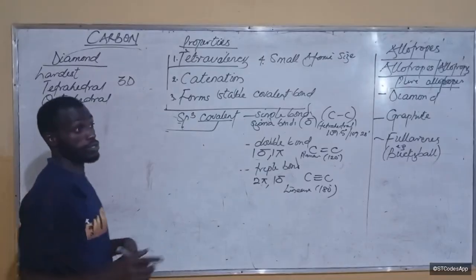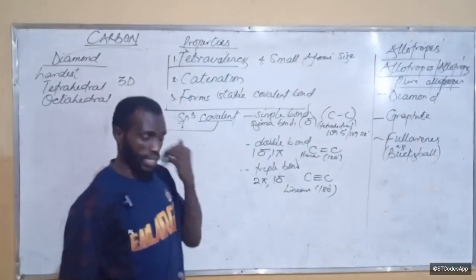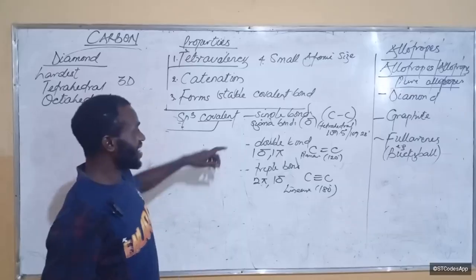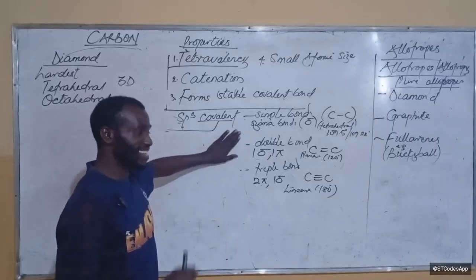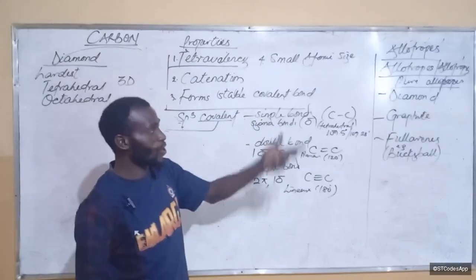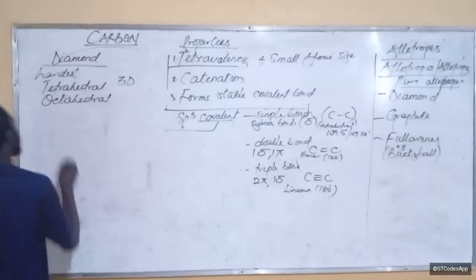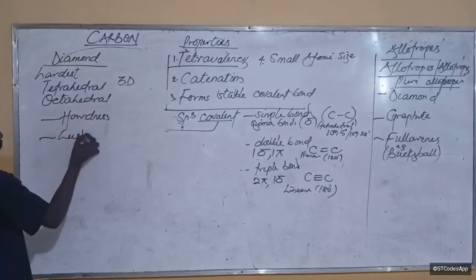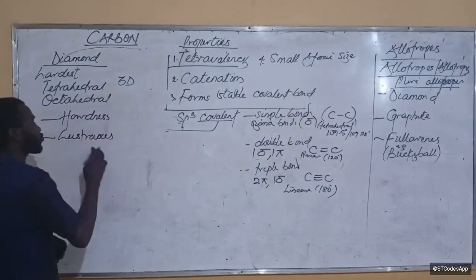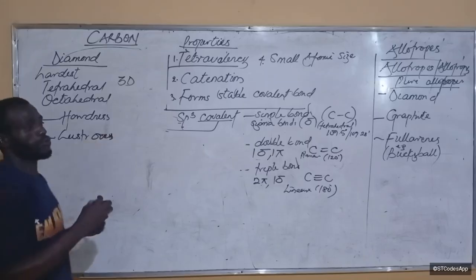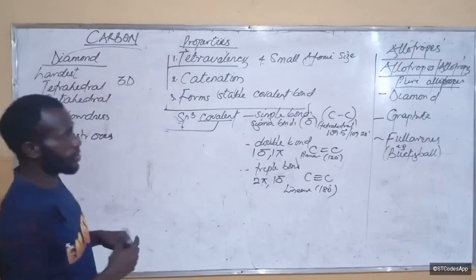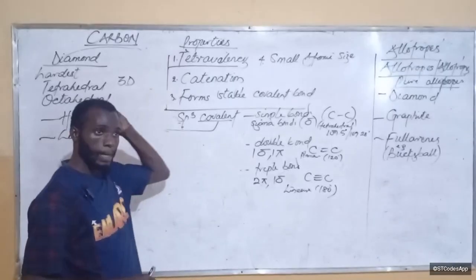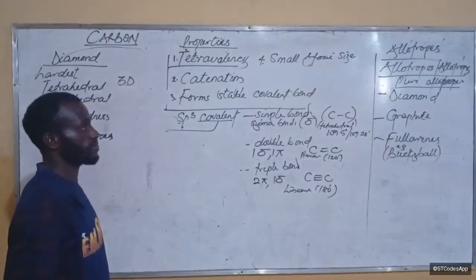Then what are the uses of diamond? We use it to cut other things because it's the hardest substance known. So we use it to cut. It also has fundamental properties such as hardness, hardest substance known, and lustrous. It's lustrous because it allows light to pass through it. So because of that, it's lustrous, shining. And then it has high